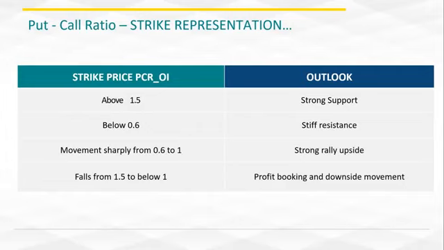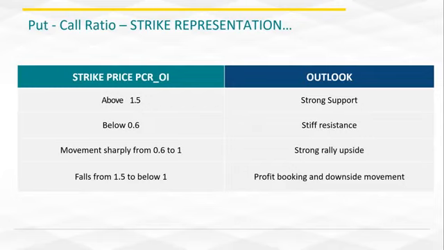Let's say you're doing Reliance, okay, Reliance 1440 strike is 2, and 1520 strike was 1, let's say. If you were to invest in Reliance for the day, and you are dealing with the option chain, you have to watch the 1440 strike, the 1460 strike, calculate the PCRs at regular intervals, let's say an hour or two, to understand whether it is rising or falling, to understand whether the movement is going to be upside or downside.